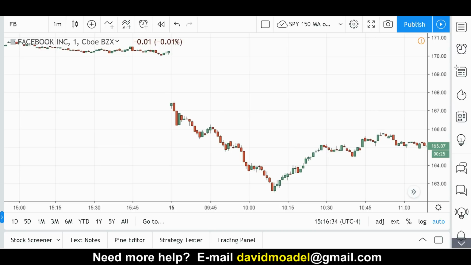All right, so that is the 15 minutes opening range method. Again, it does not work every time. I cannot tell you what to do or what not to do, but I think it's a great idea to virtual trade it, paper trade it first for a while, see if it works for you. And then if you do choose to try this out with real capital, real money, only put in very small positions just to test it out so you don't have any big losses.